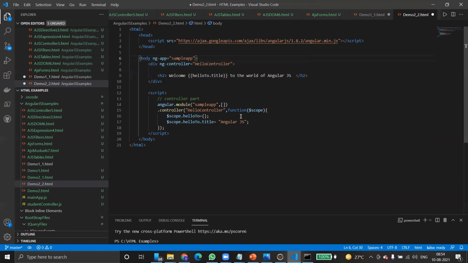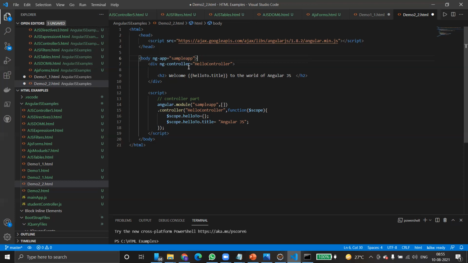So basically it follows model, view, and controller. Whenever the page is loaded, first the browser checks it. Once it is done, it registers the AngularJS global object, and then it checks for the app. Yes, it is there, and it checks for the registered controllers, executes the controller, and then connects the controller to the view. Then it will render the page.